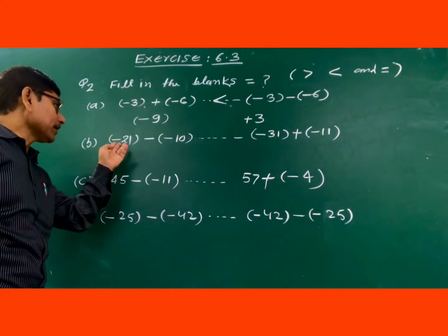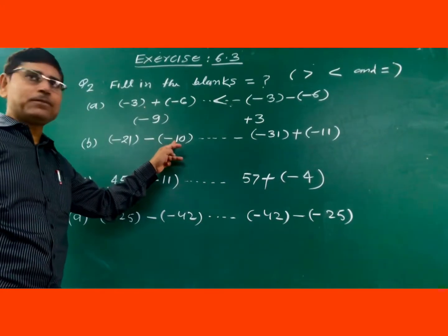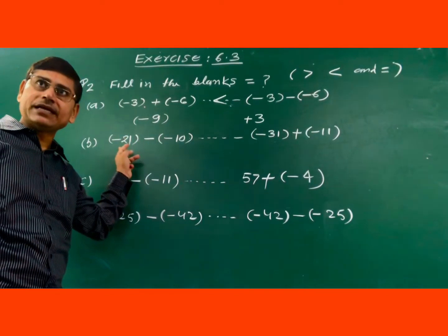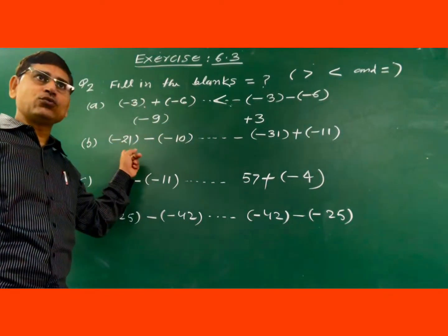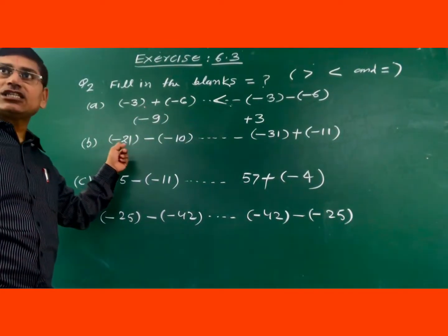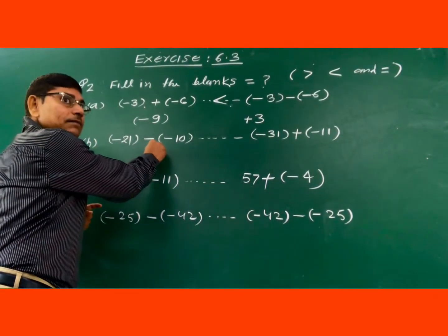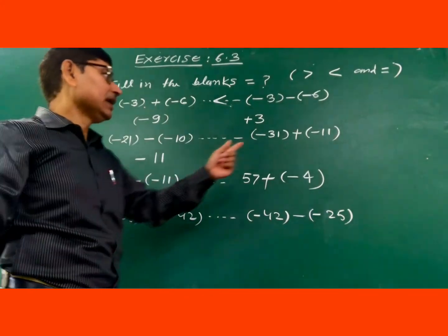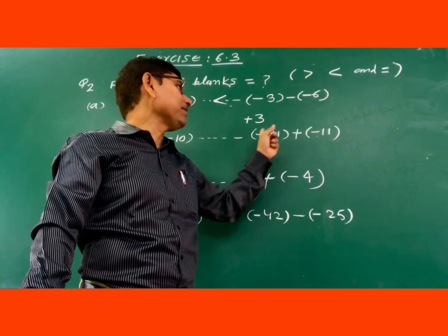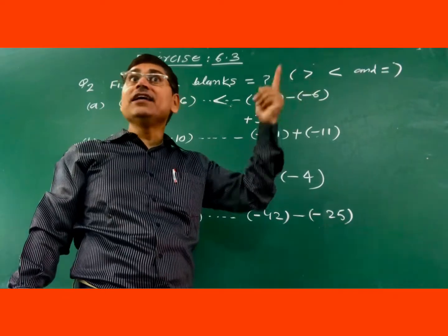Okay, now here minus and minus again. Plus 10 is a positive integer and 21 is a negative integer. Plus and minus, always you subtract. So 21 minus 10, how much? 11. But this integer is largest, so you will put a minus sign here, minus 11. And in the same way plus and minus gives minus. Minus 11 and minus 31, how much is it? Minus minus, same sign.